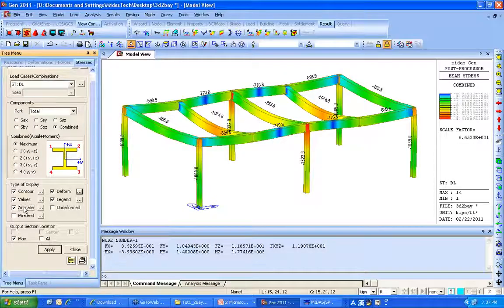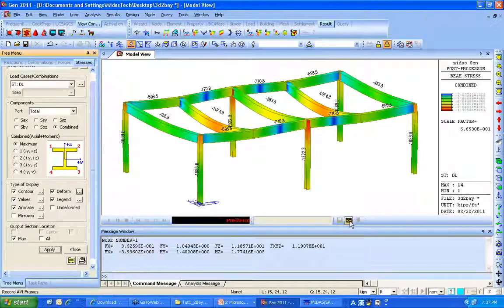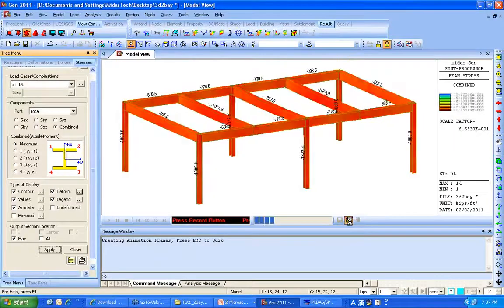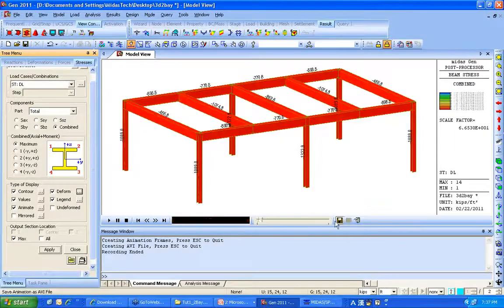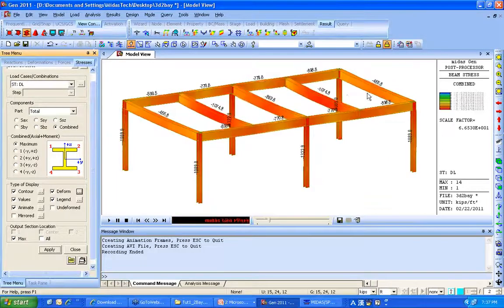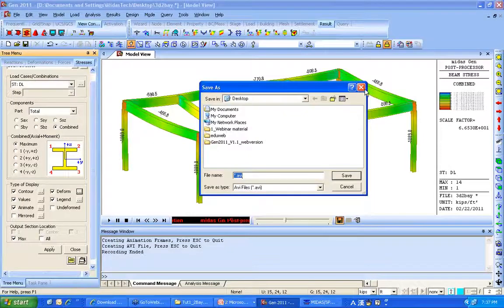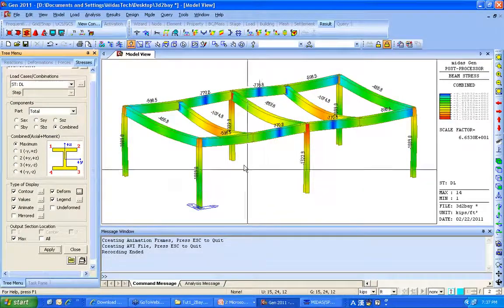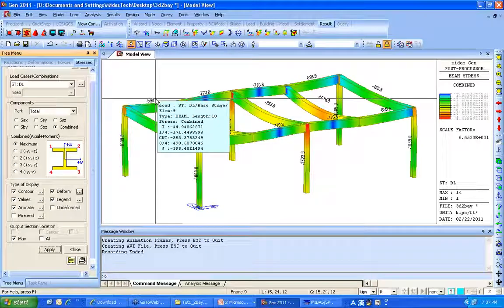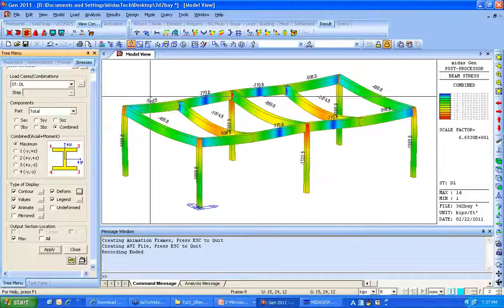Also, Midas provides the video for the deformed shape here. Click, check on this animation and apply, and click this button, record. You can see how the model is deformed, and you can save this file to AVI. To check more detailed deformed shape, shear force diagram, bending moment diagram, and stress distribution on the cross section of the particular section,